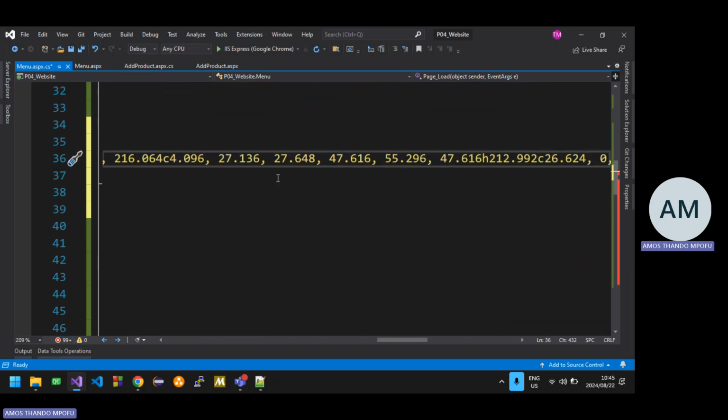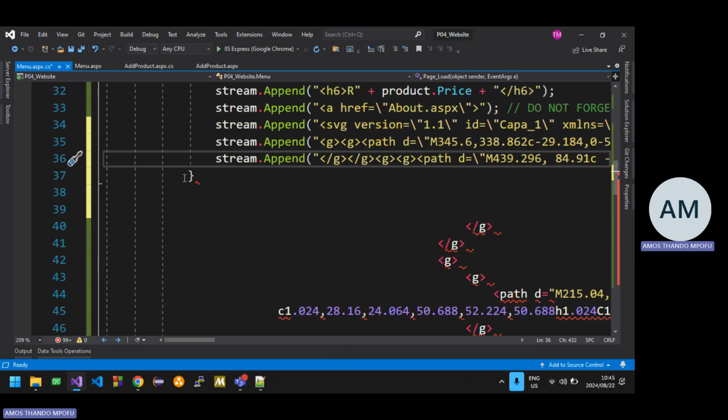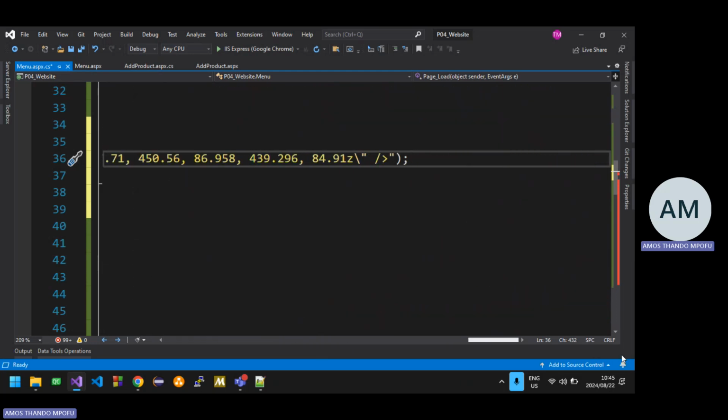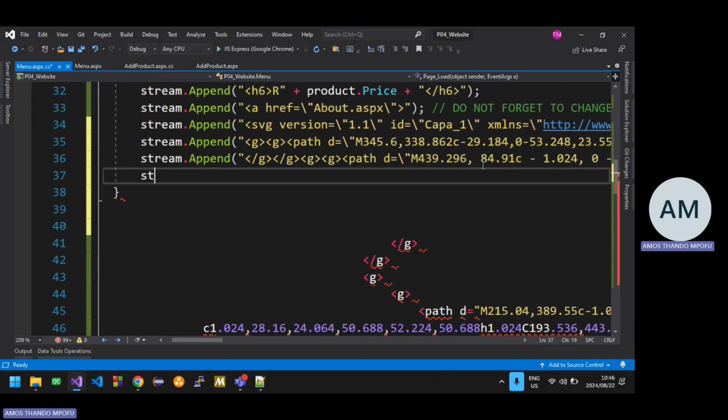And then there we go. Yeah, this is quite a long one. Okay, let me just double check that I don't have any error there. Okay, I don't have any error. And then stream dot append. That's quite a journey, man. And then